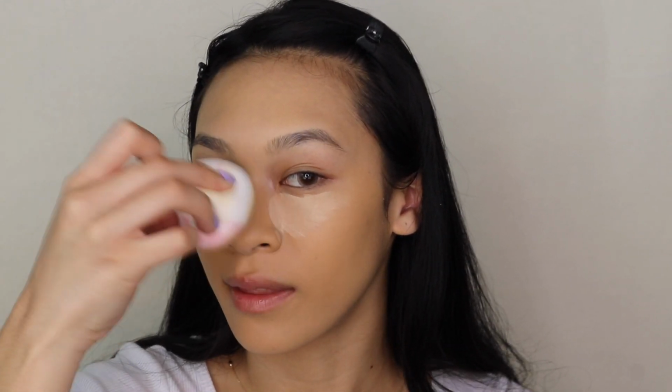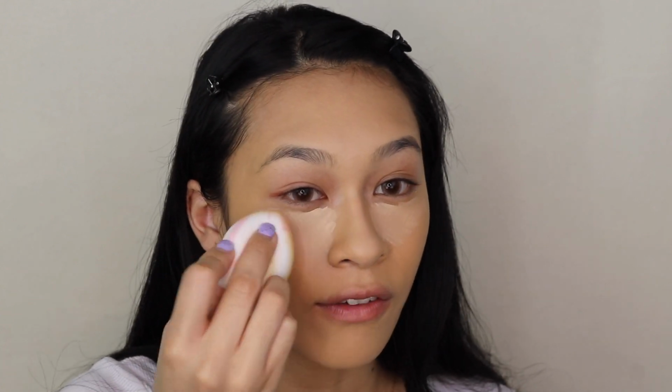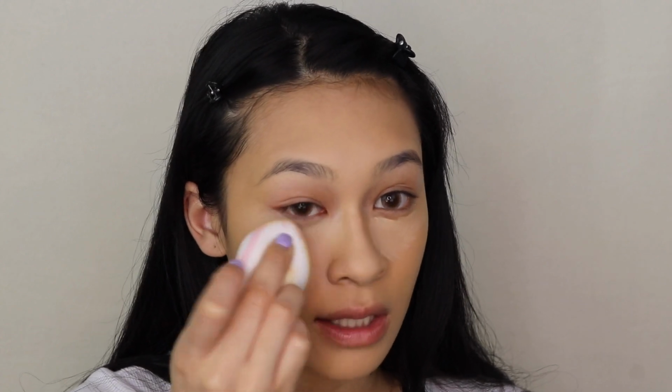But let me tell you one thing about this Catrice concealer. It is so lightweight. I think this is the lightest weight concealer I own, but it just packs a punch. It gives you so much coverage, and I feel like the only con about this concealer may be the fragrance. I'm personally not bothered by it, but I know for a lot of people, fragrance is a no-no. But for me, because it is so lightweight and because it barely creases and it offers high coverage, I